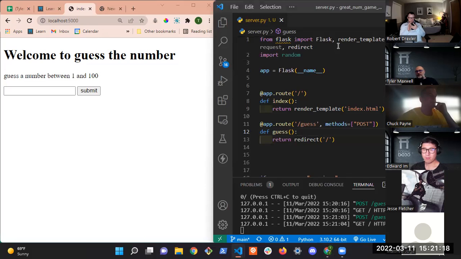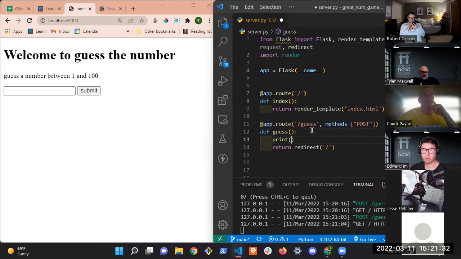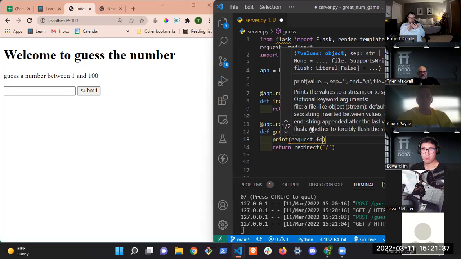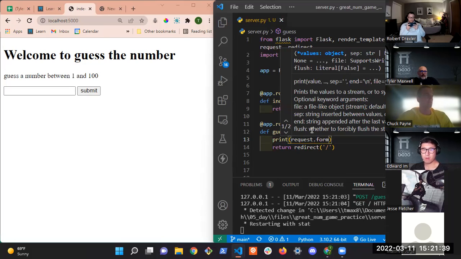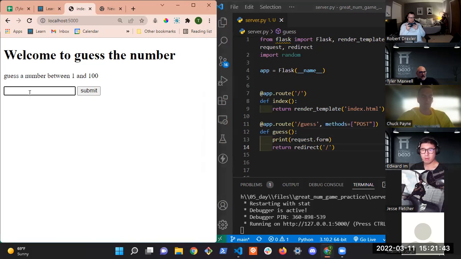So remember, and I only mentioned this once, so I'm going to let you off the hook. I have this request, right? To grab the data, I need to pull the data off of this request object. So I'm going to come in here and print request.form. Now when I run this,